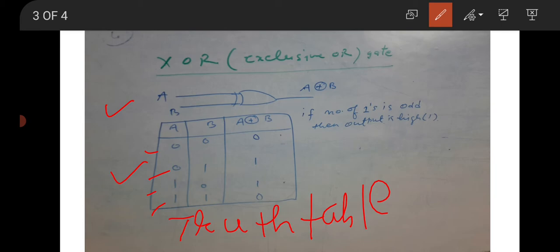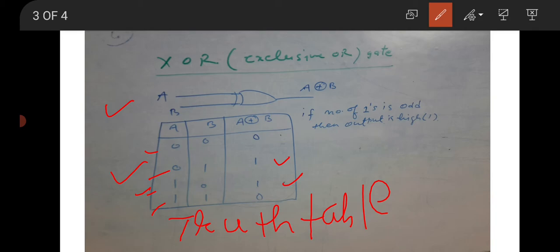The number of 1s is 1, and 1 is odd, that's why the result will be 1. Similarly here the number of 1s is odd, so this will produce 1.